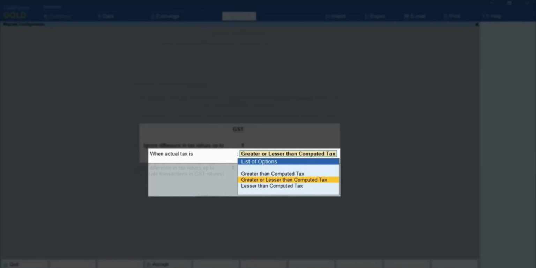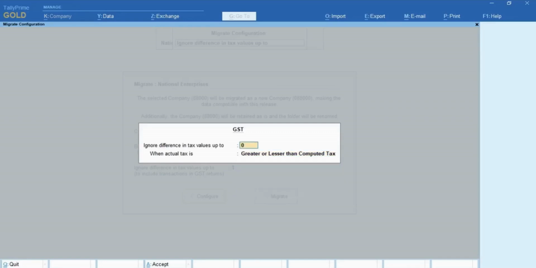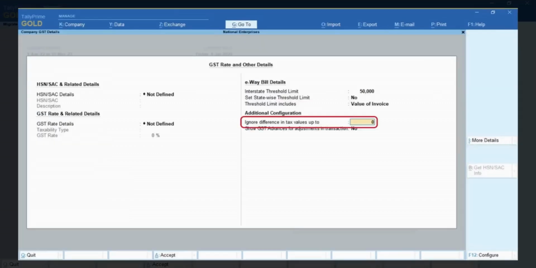If you do not enter the value here and proceed to migrate, then those transactions will get into the uncertain transaction section of GST reports. In such cases, you need to press F11 and enter the value under Ignore Differences in Tax Values up to.